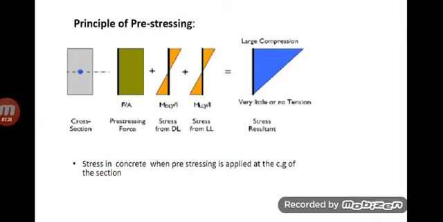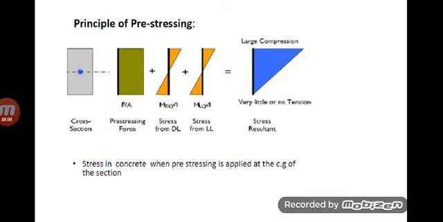If we apply it at the CG of the concrete section, the pre-stressing force will actually be axial, right? We know already that if there is no eccentricity, the force will be axial. So that stress will be load by area, that is F by A. If the pre-stressing force is F and the area of the section is A, then the pre-stressing stress will be F by A. Whatever will be there, the stress due to dead load and the stress due to live load will also be there. The stress distributions due to dead and live load are shown in yellow color. So you can see that in the figure.